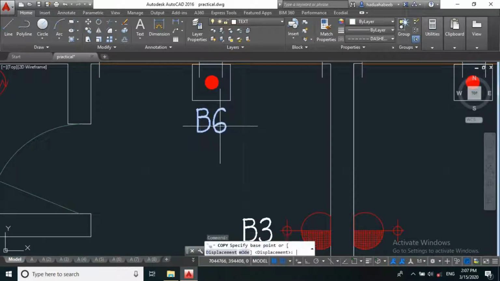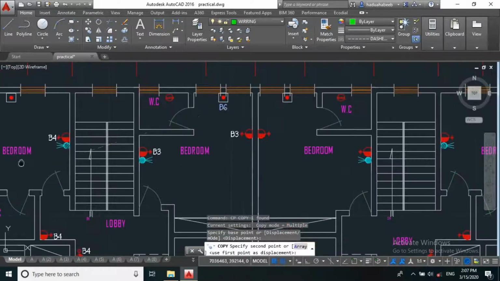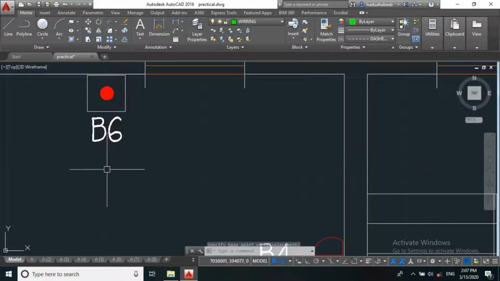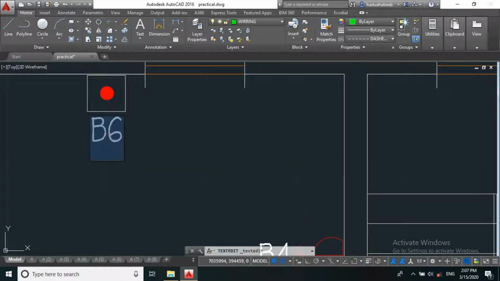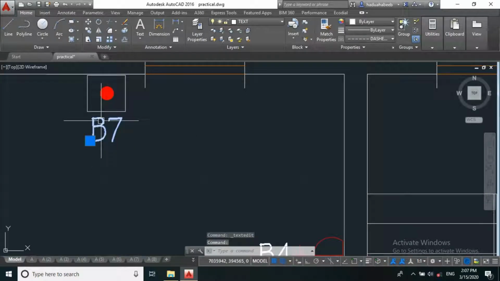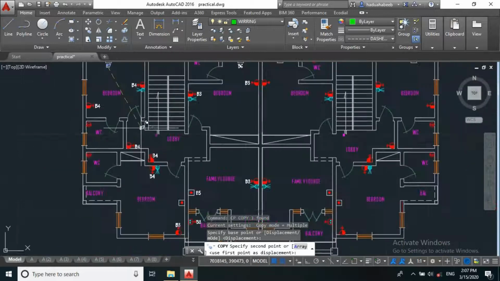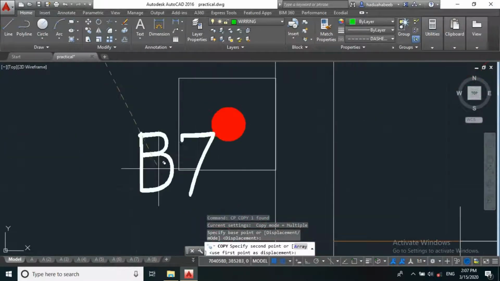We have our B7 here. Copy again. We'll be having our B8 here.